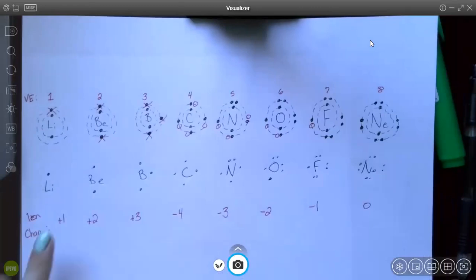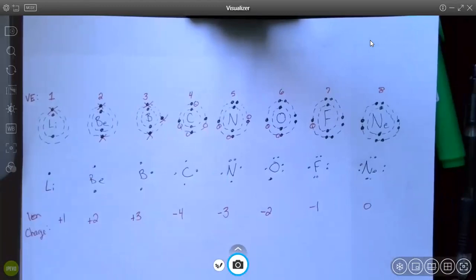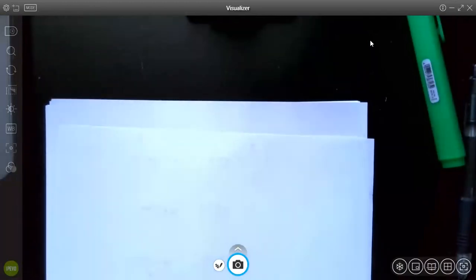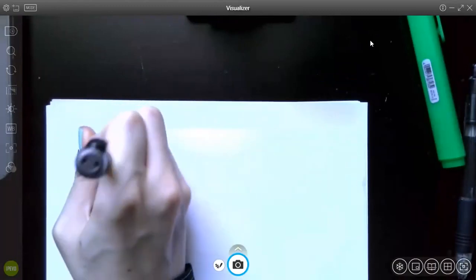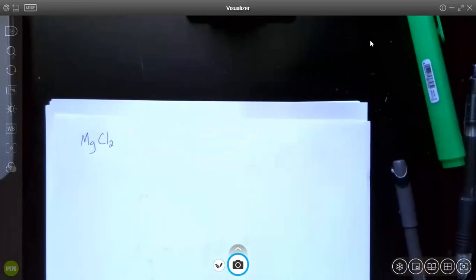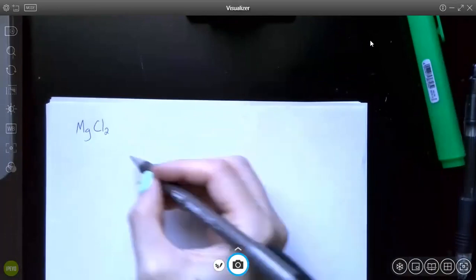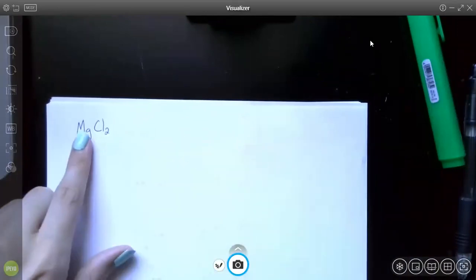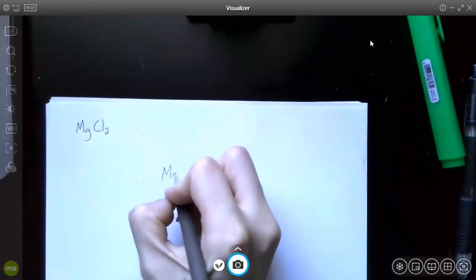So now let's talk about how to use these different Lewis dot diagrams that I've drawn here to actually show how these ions will bond to one another. So we'll go over, let's say, MgCl2, which is called magnesium chloride, and we'll get into how to name things at some other point. So MgCl2, what this means is that we have 1 magnesium and 2 chlorines. So I'm going to draw my magnesium,